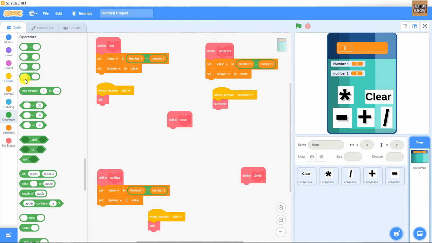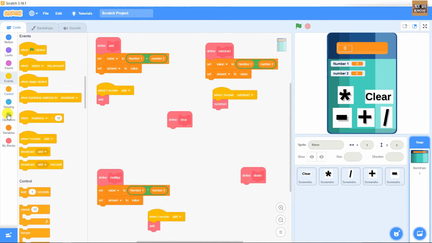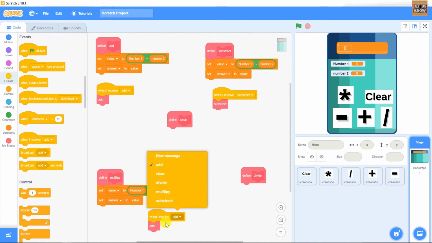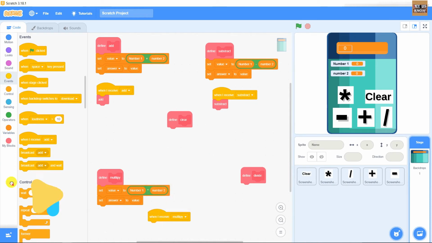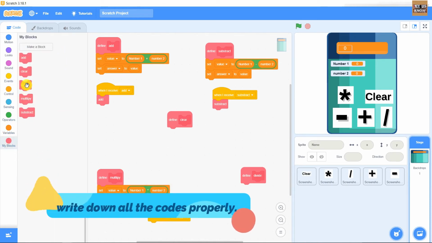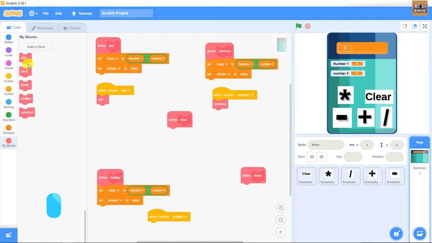You can also drag and drop from events, but I am duplicating it. No problem. And here we are working for multiply, so we will select multiply here and remove add, and from My Blocks add multiply. Okay,